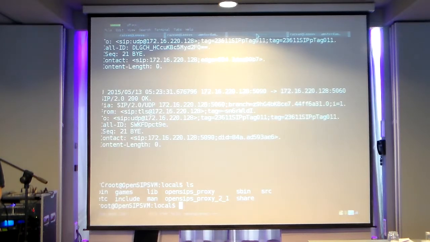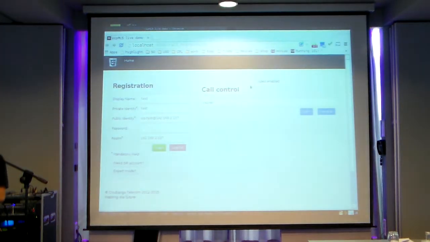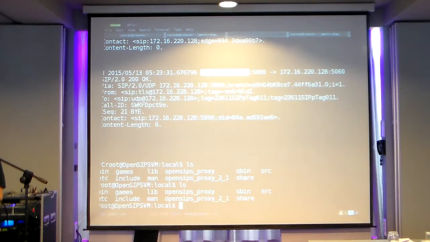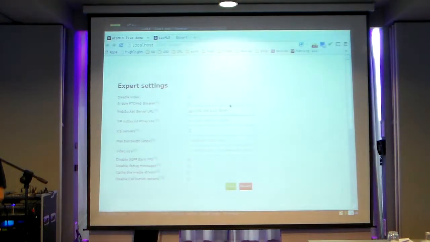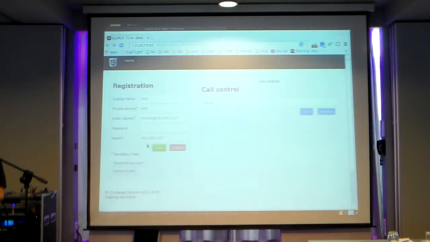That's why. But it doesn't matter. So now what we have to do is to specify our server. In this case, our server is listening on the WebSocket interface on this IP using this port. And then just